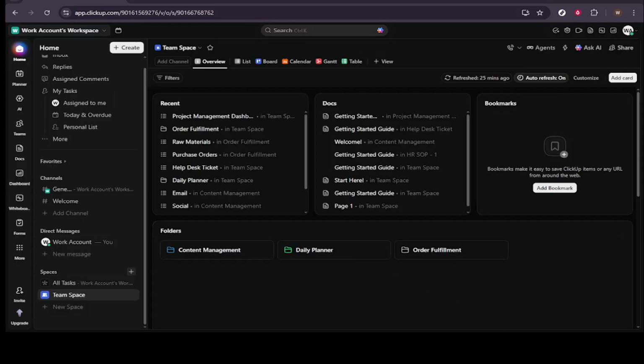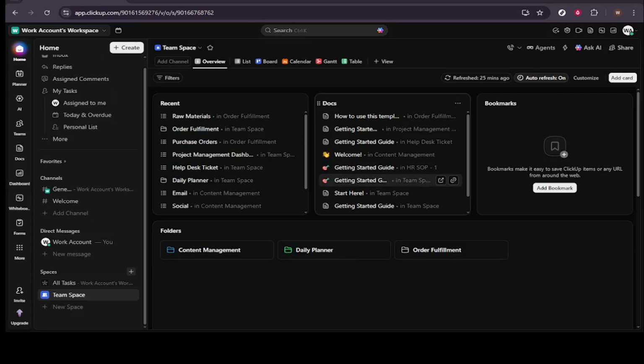In today's video, I am going to teach you how to make an org chart in ClickUp. Start by opening ClickUp and going into your team space. From the main area, look for the Overview section for your workspace. This is a good place to begin because it gives you a clear starting point before you create a new